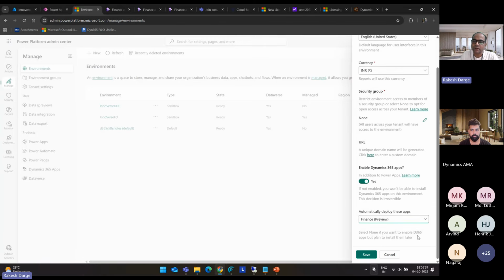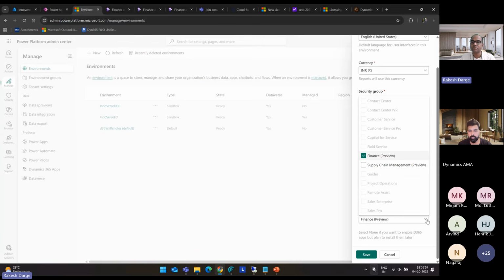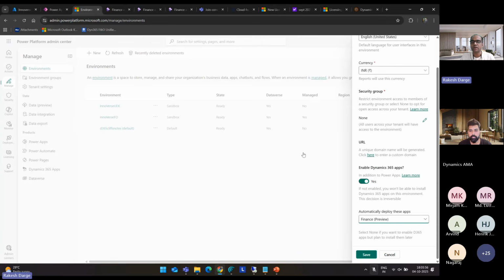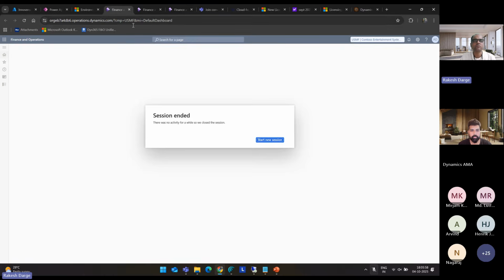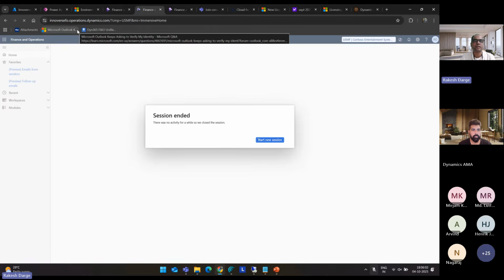Okay. And why is it required to deploy? There are two categories I mentioned, right? First, when we start the blueprinting, at that time we need a sandbox environment where we have demo data. Everything's pretty much running as it is, right? In those scenarios, you have to select this deploy through a template. Then what happens is when you save and click next, the environment will automatically get spun up and you will see the environment like this.